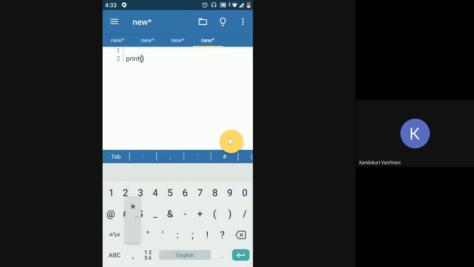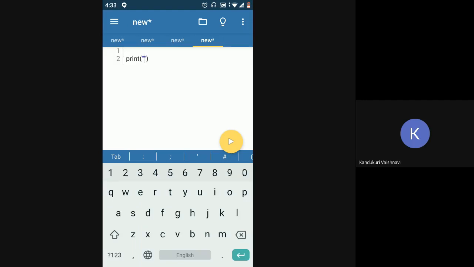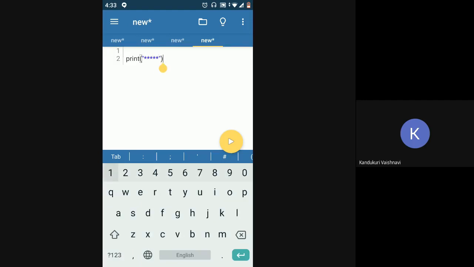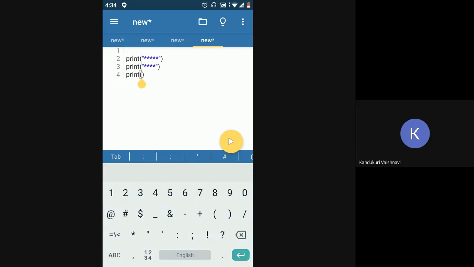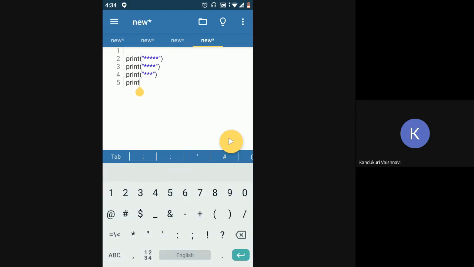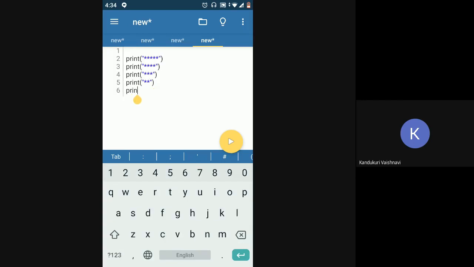Here I'll just print it normally: 5, then 1, 2, 3, 4, then 1, 2, and 1. So this is what I want to print using two nested for loops.